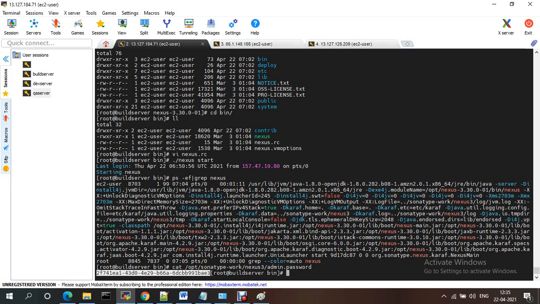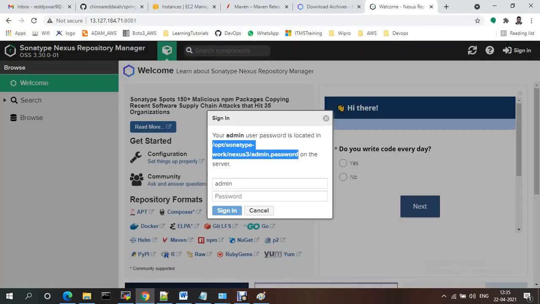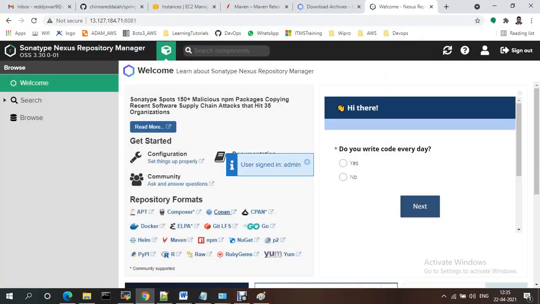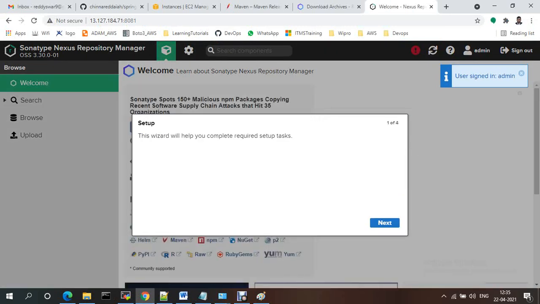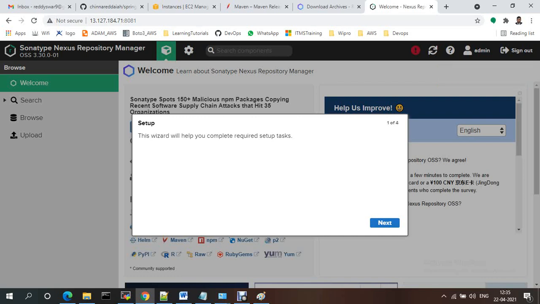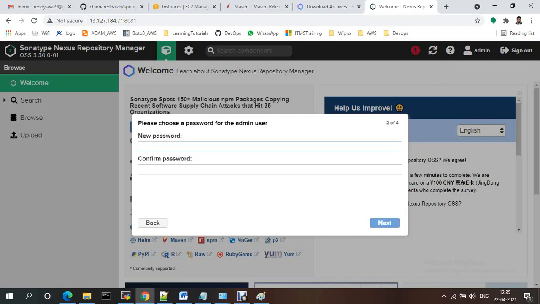Just copy this one and sign in. It is asking to change the password. See, new password, I'm giving some new password like admin123.